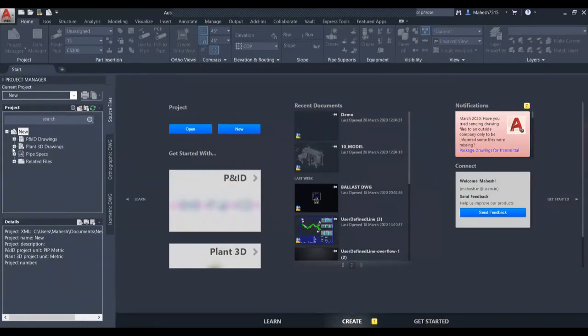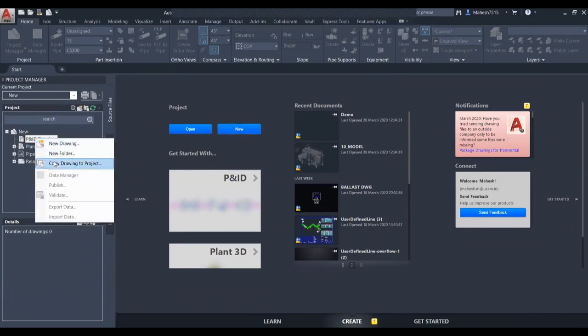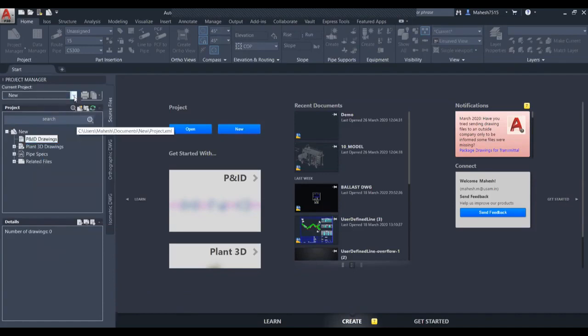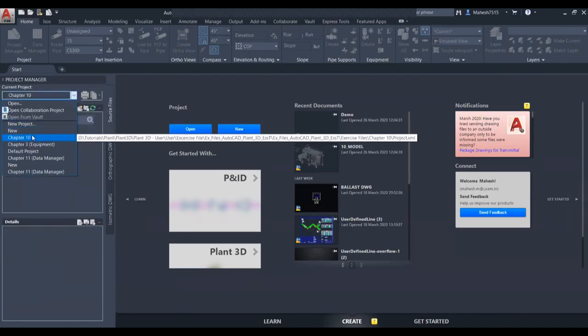And Plant 3D, as I said earlier, is different from AutoCAD, where we have to create folders and drawings only in this interface, not in our Windows File Explorer. In case I'm going to create a P&ID drawing, I have to create a new folder here, not in my Windows Explorer. So we'll go to a project which we have already created.